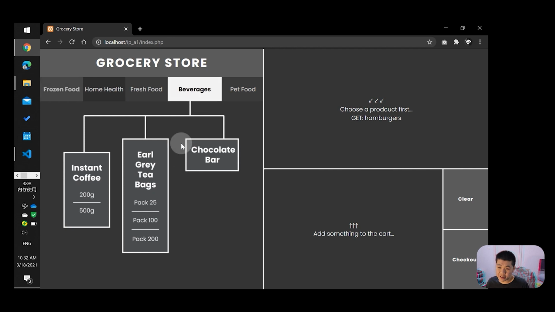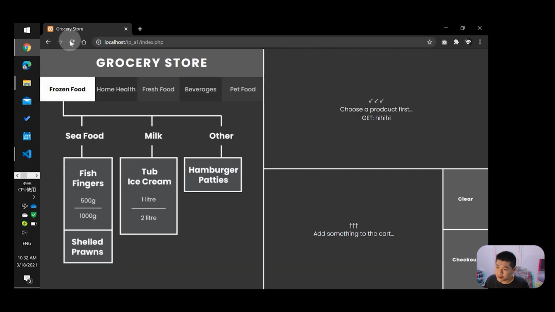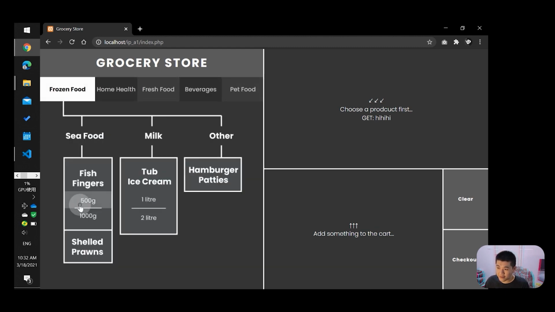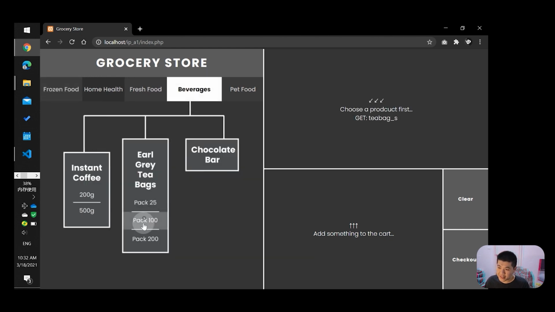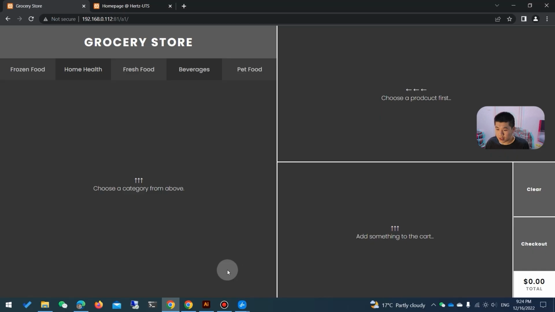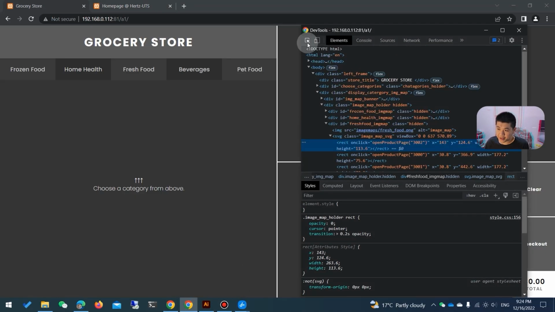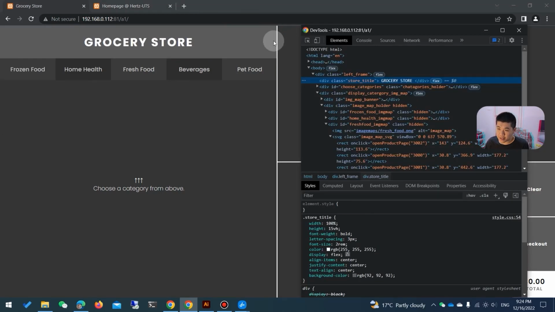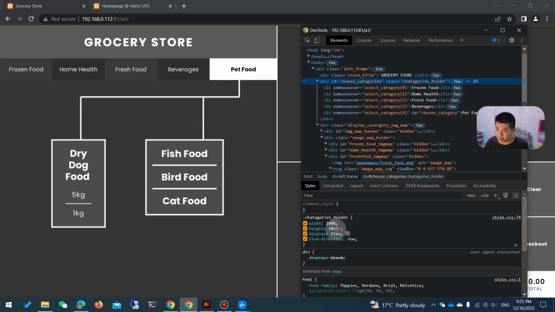And from here, it is pretty obvious that for the two frames that are on the right hand side, I actually used two iframes. And then basically when you click on the product, the iframe here would actually receive through a GET request that would basically tell it to retrieve the information of a certain product. For the main layout, I believe this is actually pretty simple. So for the left hand side, each of the elements will occupy like 15% of the view height. And then this will be another 10% of the view height.